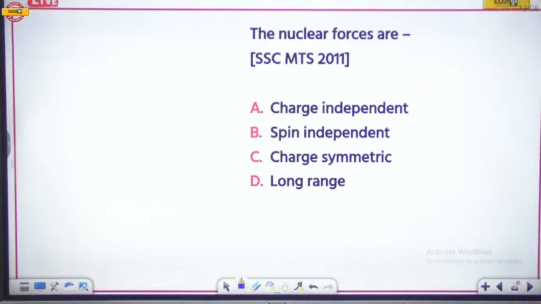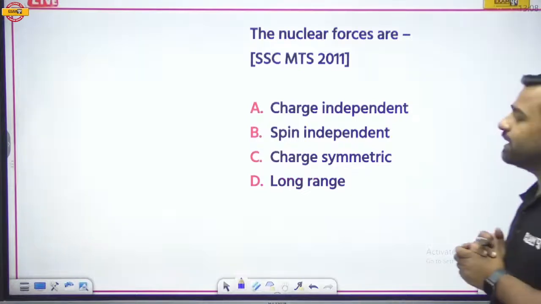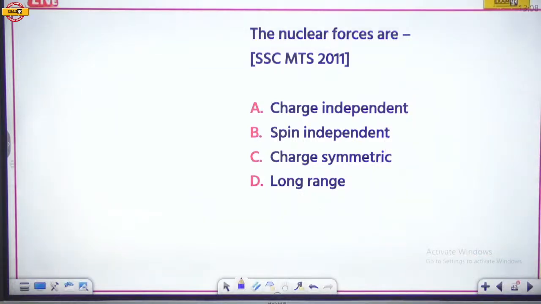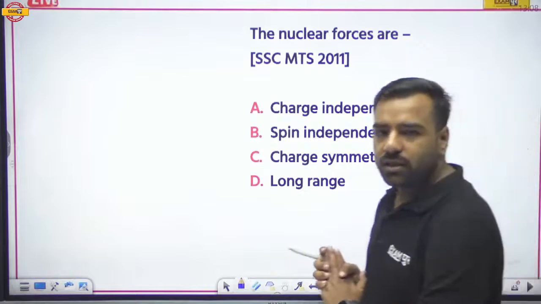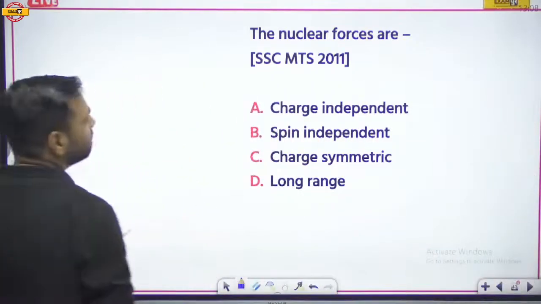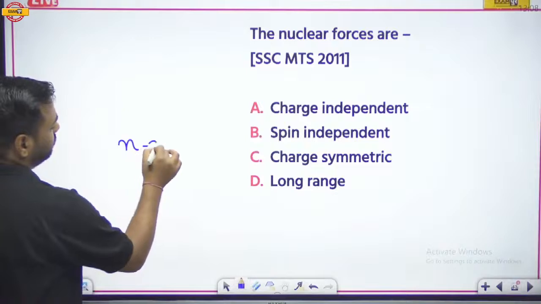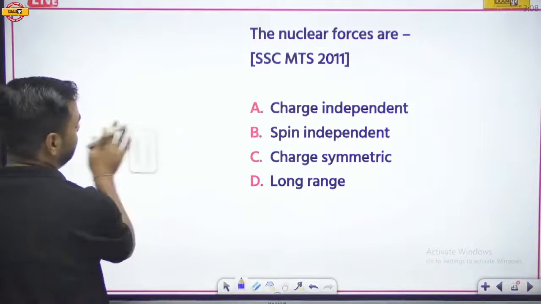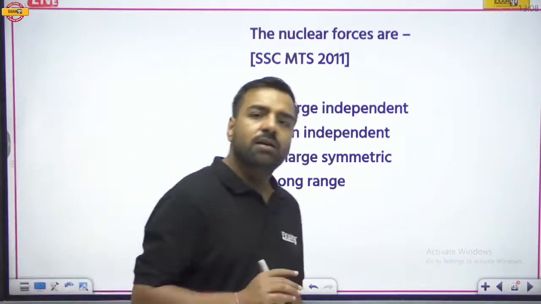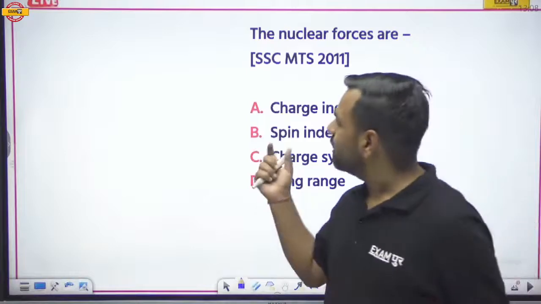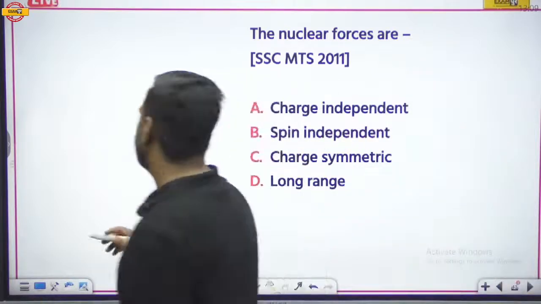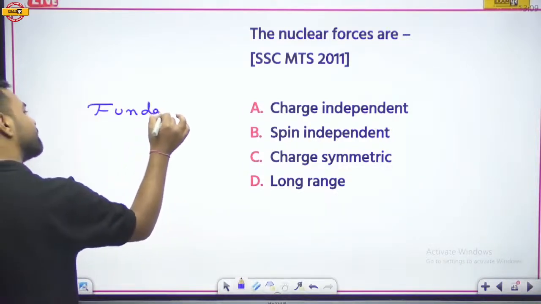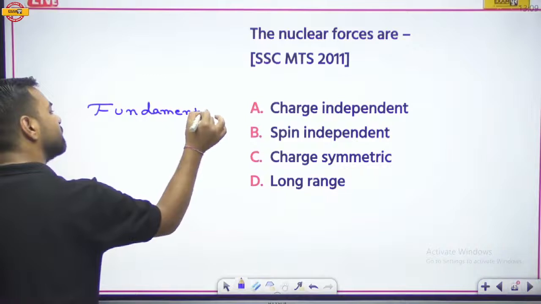Next, the nuclear forces are dash. Are they charge independent? Are they spin independent? Are they charge symmetric or long ranged? Here, please remember, nuclear forces are not dependent on the charge. They will be the same there. And one more thing, I'll give you an example. We are talking about fundamental forces in physics. Remember that part? When we were discussing fundamental forces,